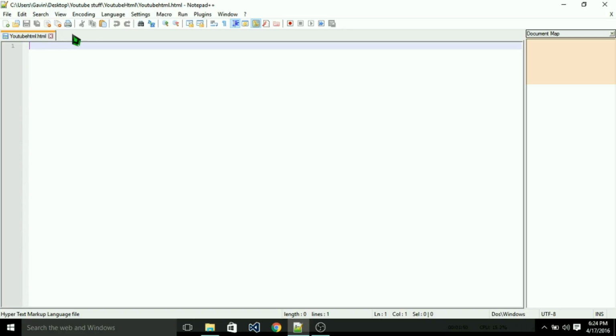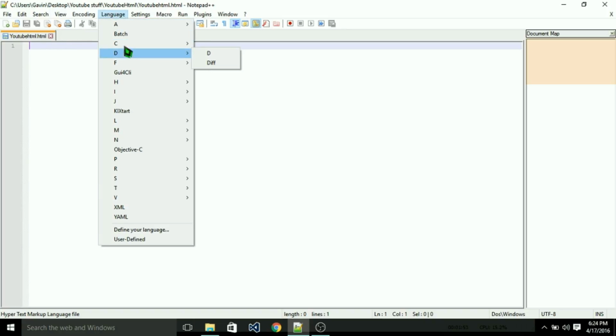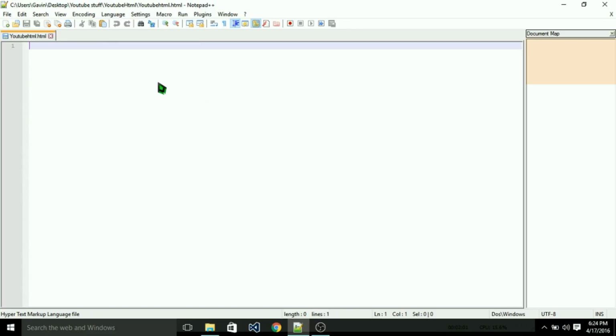And then in Notepad++, you can actually choose what language you want to type in. So these are not your language, but the language that the computer knows. So I'm gonna go to HTML right here, and it's now known as HTML, even though I've saved it as HTML. If you do that, there should be this bar right here that shows up if it wasn't previously HTML. And if you don't have Notepad++, you can also do this. You can either do it while you're saving the program, or you can do it right now, and your computer will know that it is HTML when you are saving it. If you don't want to put the .html in the file name,